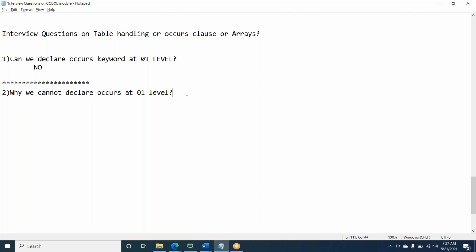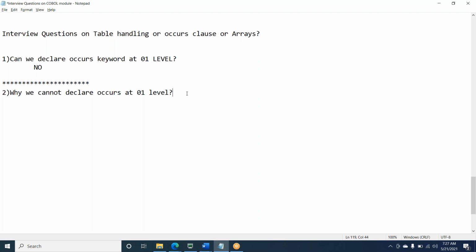Based on your answers, I am giving a cross question. I don't want to store multiple fields in the array. I want to store only student numbers, 10 student numbers. Then why do I need a group structure? It is not required, right? 01 is required when it is a group record, but I don't want a group record structure, one level.